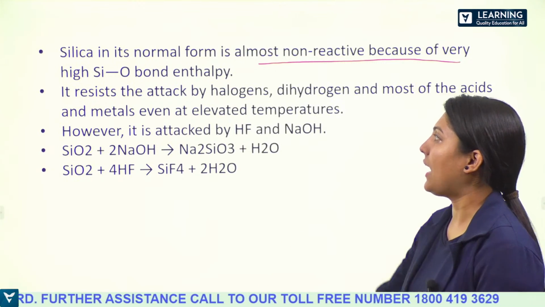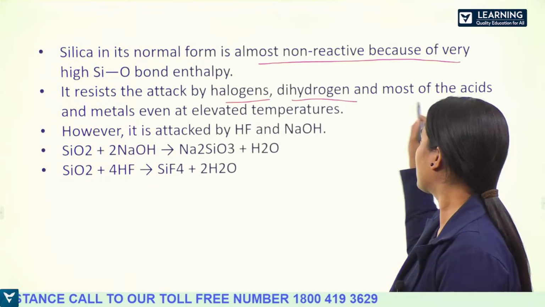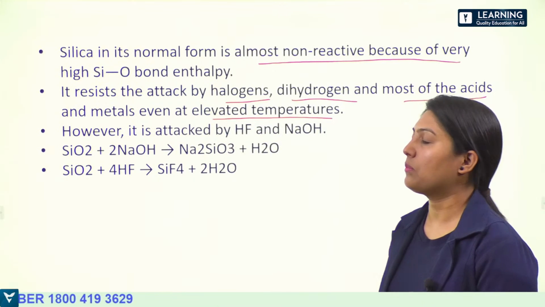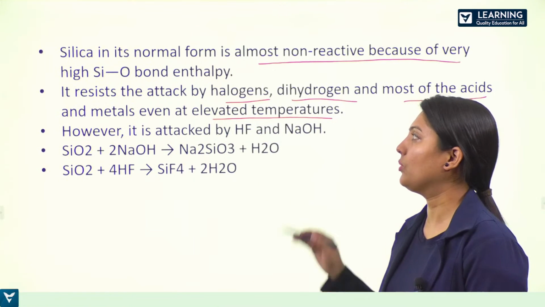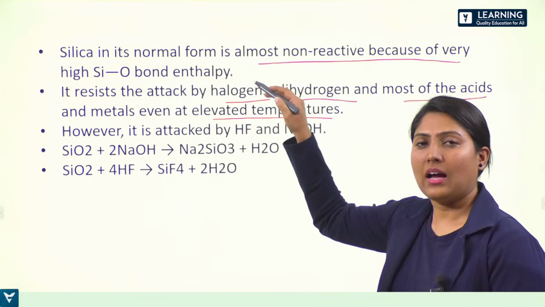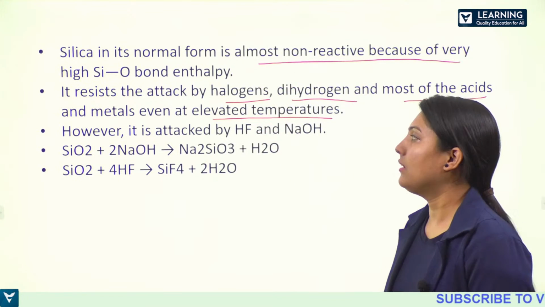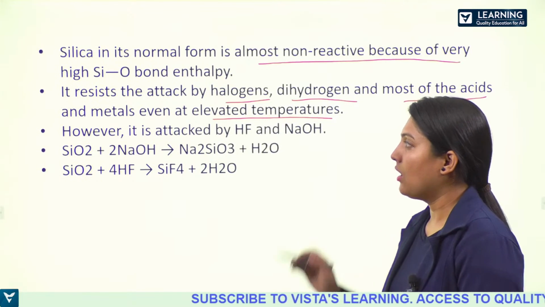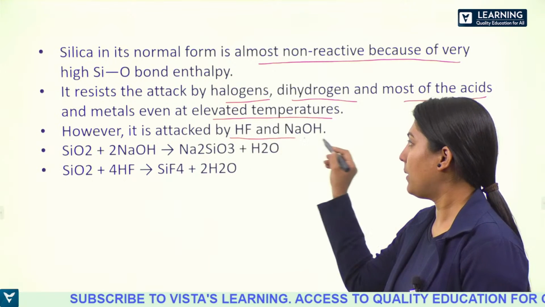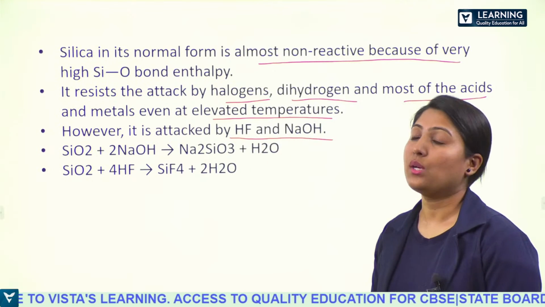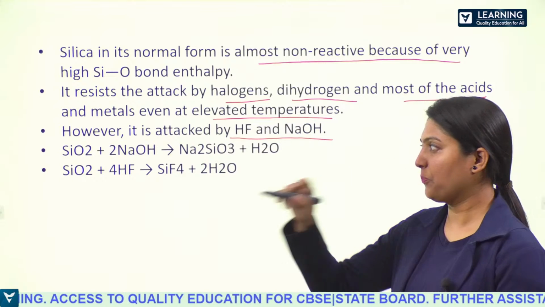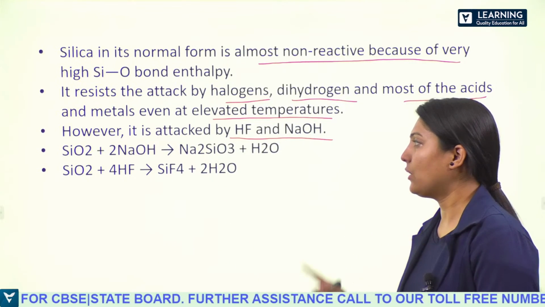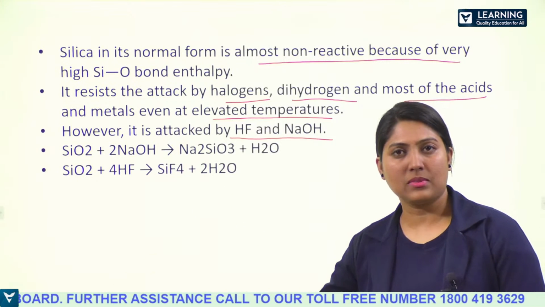So it resists the attack of halogens, dihydrogen, and almost all acids and metals even at elevated temperature. Even at different temperatures, reactions with halogens, hydrogen and metals cannot easily form silicates. However, it is attacked by hydrogen fluoride and sodium hydroxide. You can see here when sodium hydroxide is reacted with silica,